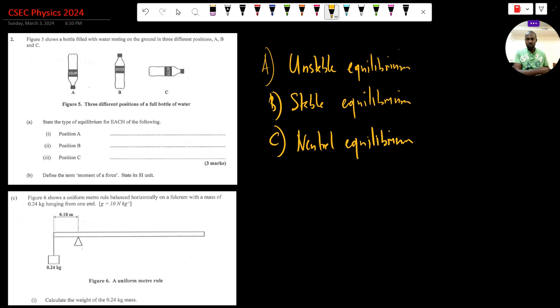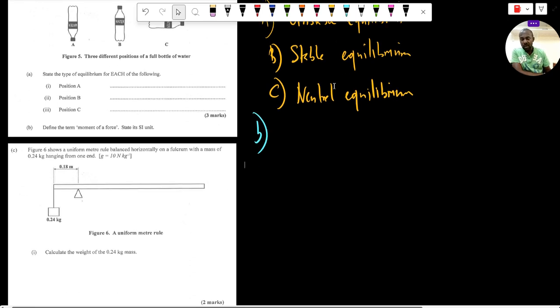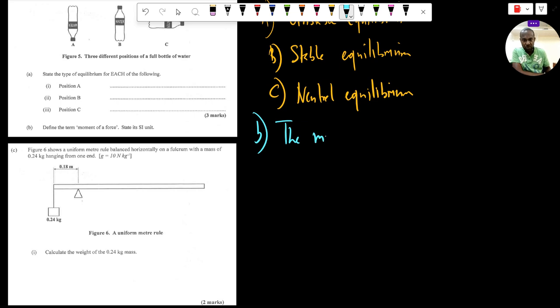All right. Now, part B of the question says, define the moment of a force. So part B. Now, how do we define the moment of a force? The moment of a force is defined as, let me start right. So the moment of a force, the moment of a force about a point